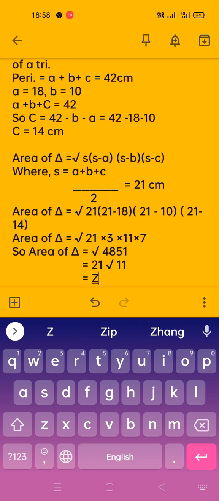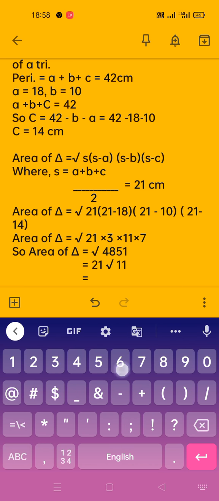And in points, it will be 69.69. Okay, and the unit will be same, centimeter square. Why? Because we are finding the area, centimeter square. This is the entire